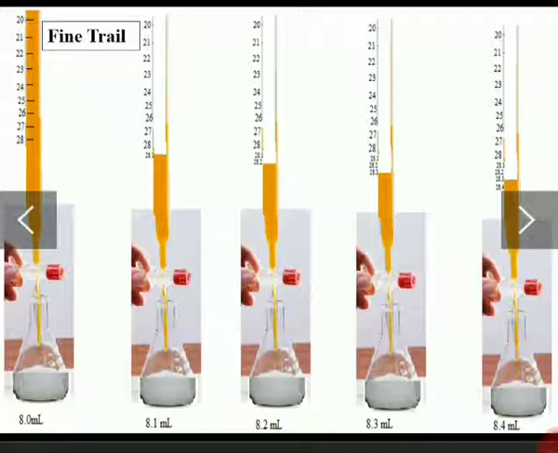Initially we were not knowing the end point. So what we used to do is you have added 5 ml once, next 1 ml, next 1 ml, 1 ml. Now we know the end point. So end point lies between 8 and 9. So the fine initial reading is 20. So we can add 8 ml at a stretch because we know the end point lies between 8 and 9. So add 8 ml at a stretch.